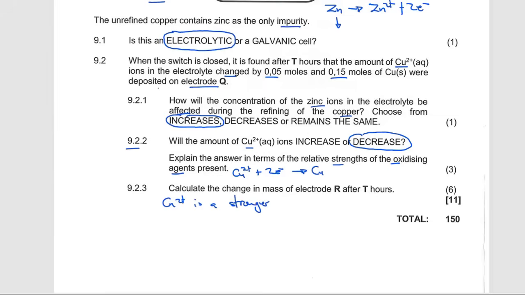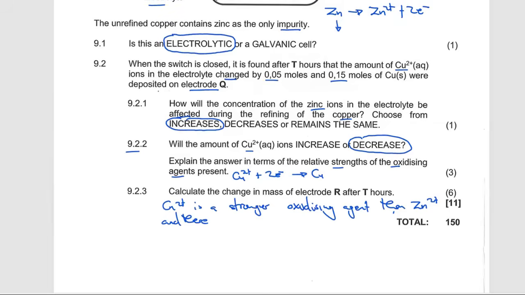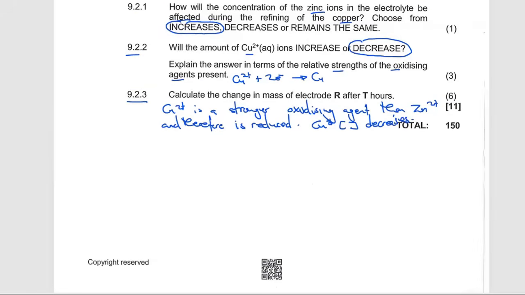oxidizing agent, right? You can always refer to your tables to see which one is stronger. Then I'm going to say zinc 2+, and therefore it is reduced. So as a conclusion, maybe I can just continue and say the Cu2+ concentration, what happens there? It decreases. Then moving on to the last question, which is question number 9.2.3, it says calculate the change in